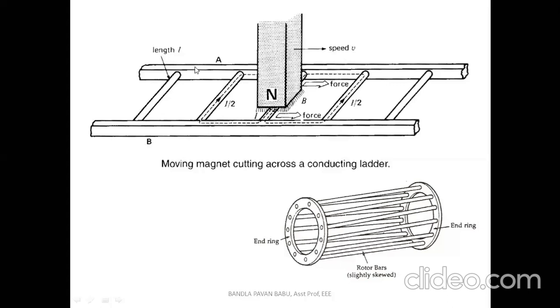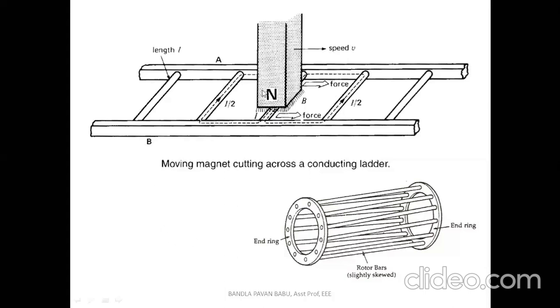The end rings are A and B, and a permanent magnet we have chosen. This is the permanent magnet. It appears to be a north pole. Suppose we move this permanent magnet and keep this ladder stationary, then the flux will be cut by this conductor. So this conductor is linked with a varying magnetic field, if you are moving this magnetic bar. I repeat once again, listen carefully. This ladder, which is a portion of the squirrel cage, is kept constant.